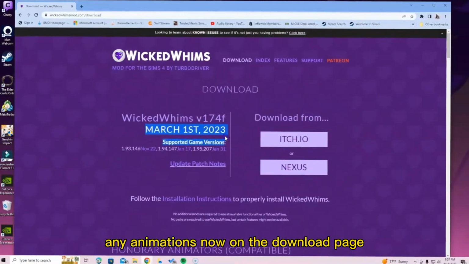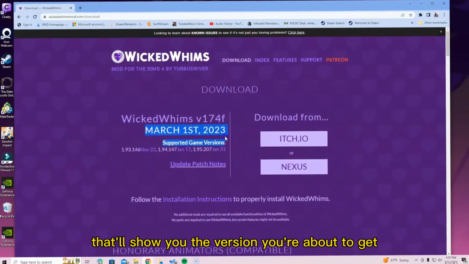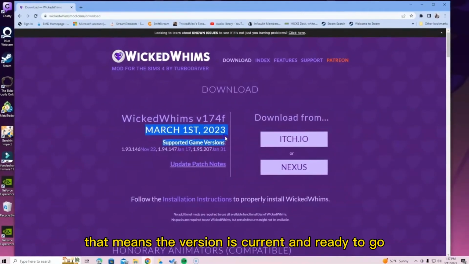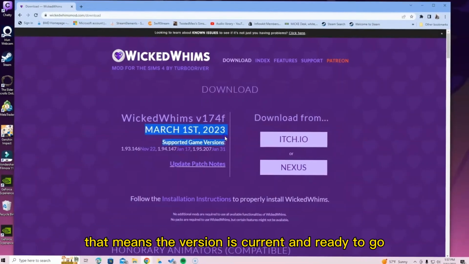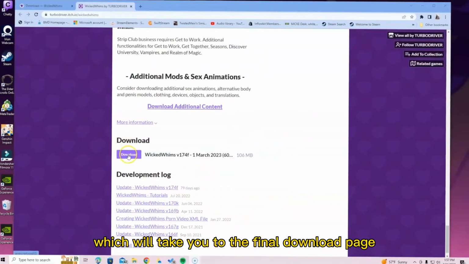Now, on the download page, you'll notice a date listed just below the Wicked Whims name. That'll show you the version you're about to get. For example, if the last update was on March 1st and today's March 11th, that means the version is current and ready to go. Next, you'll want to click the itch.io link, which will take you to the final download